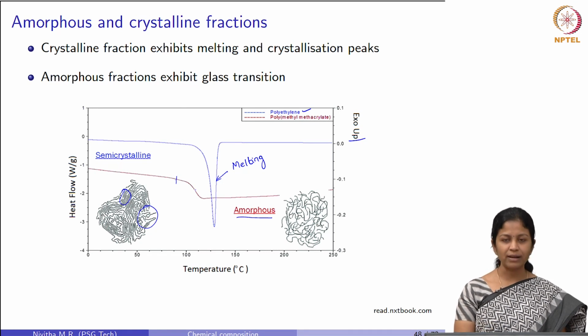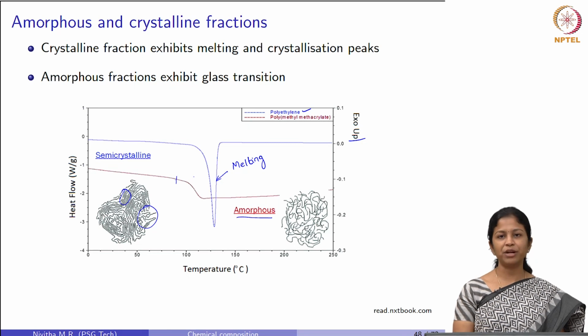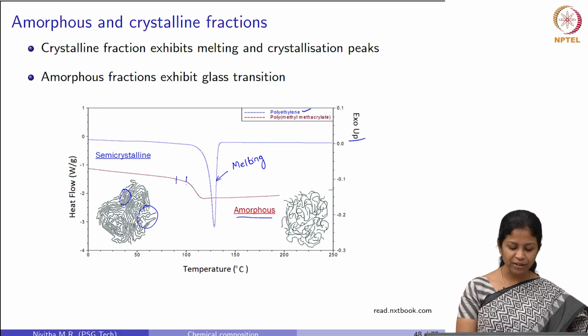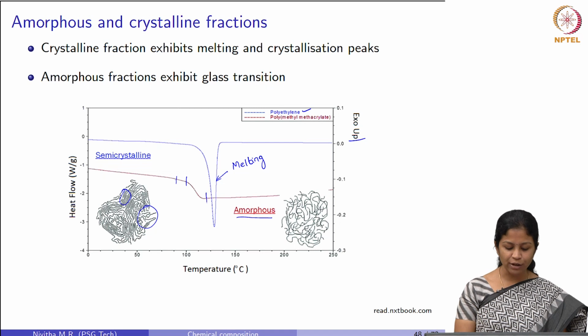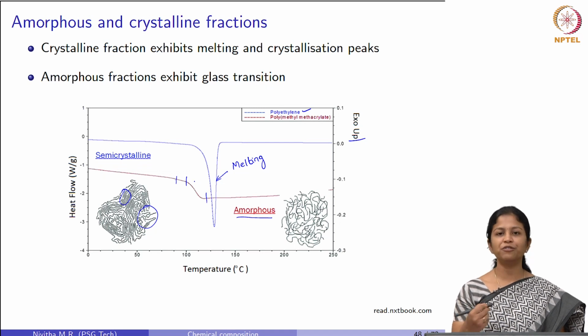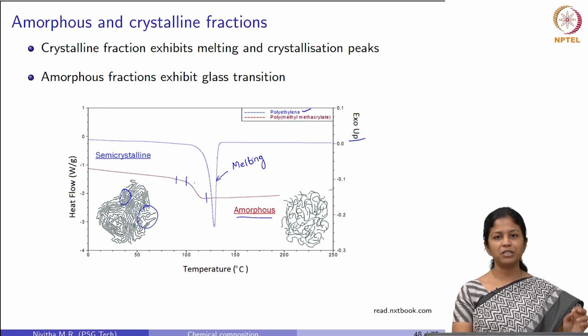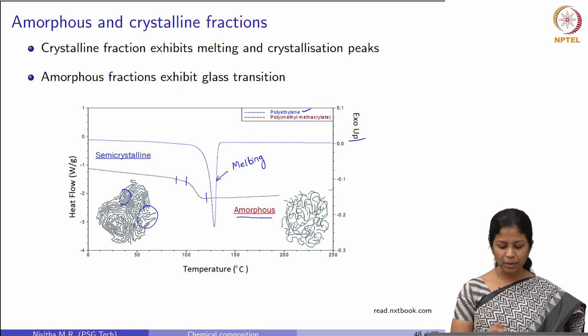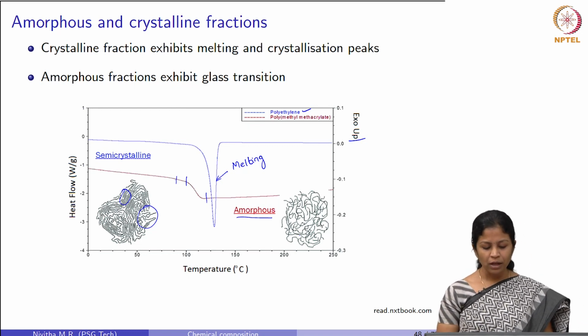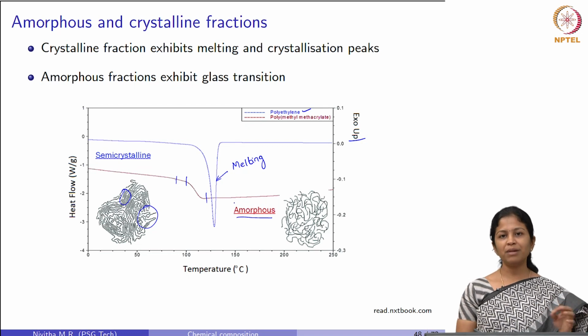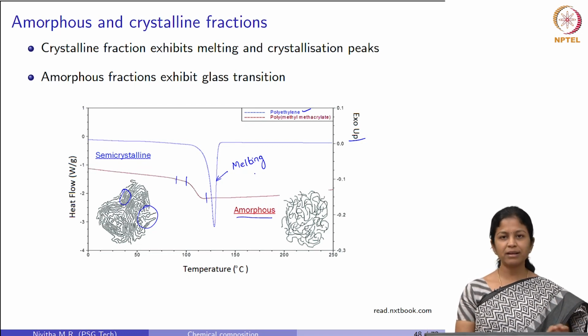This transition is called the glass transition temperature. This glass transition temperature is not very sharp. So, we define the onset and the end of the transition, and people use different methods to arrive at the specific glass transition temperature from this information. We now see how the thermal events are described for a semi-crystalline material and an amorphous material.